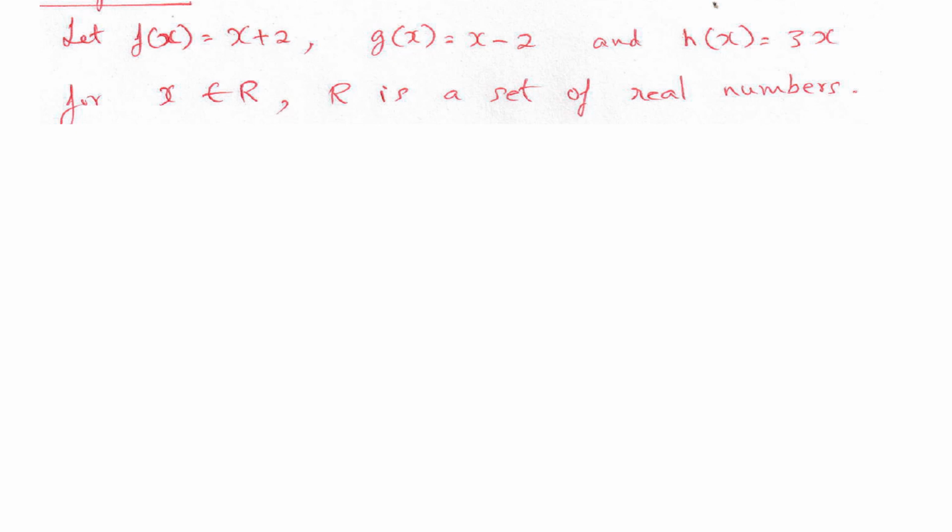This is another question, similar to the previous one, but the approach is slightly different. Let f of x equal x plus 2, g of x equal x minus 2, and h of x equal 3x. This is given for every x belonging to R, the set of real numbers. You are asked to calculate here